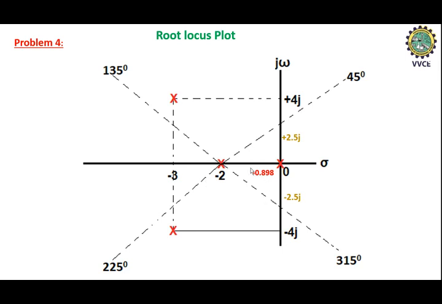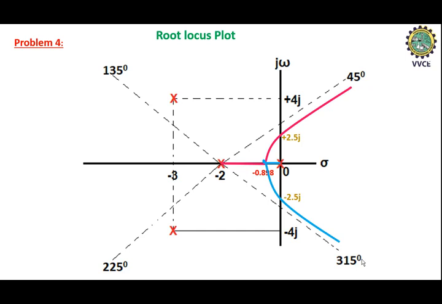Among these, the poles which are present on the real axis should move. First I will consider this pole. That will come till the breakaway point, go past the intersection point on the imaginary axis and go in the direction of 45 degree. And another one is the pole at 0, that will also start from 0, pass through the breakaway point and cross minus 2.5j towards the 315 degree angle. So these are the two infinite branches.